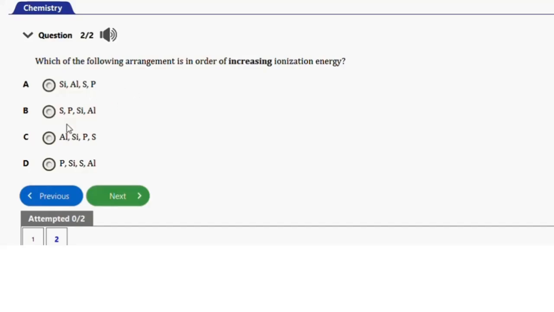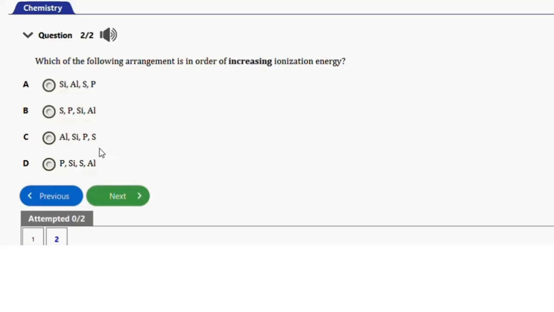Then we have sulfur, phosphorus, silicon, aluminium. We have aluminium, silicon, phosphorus, sulfur. We have phosphorus, silicon, sulfur, aluminium. So the right option to this question will be this